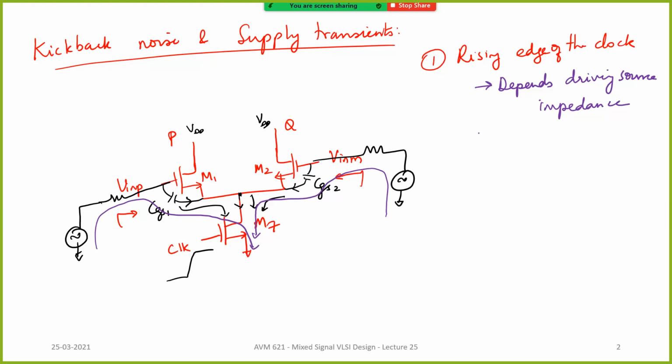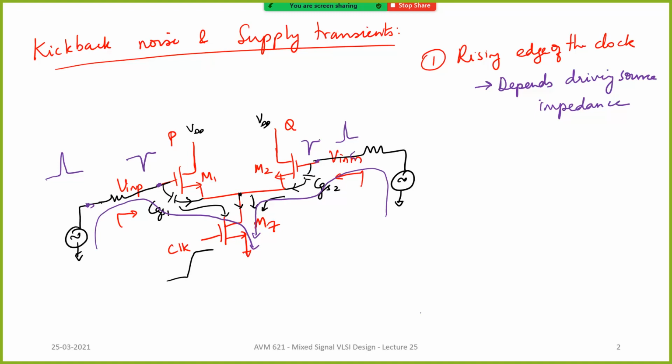And because you're drawing current from here, what will happen? This is a very sharp transition. Your clock transitions are quite sharp, right? So if you look at the current which is fed from here, you have a spike of current coming. Because of the spike of current being drawn from the source, what will happen to the voltage at these two points? You will basically see a glitch like this. Understood, right?